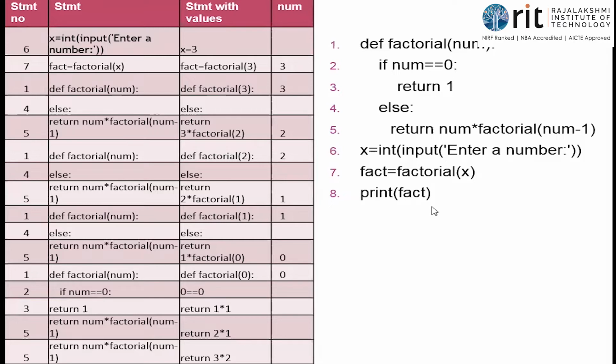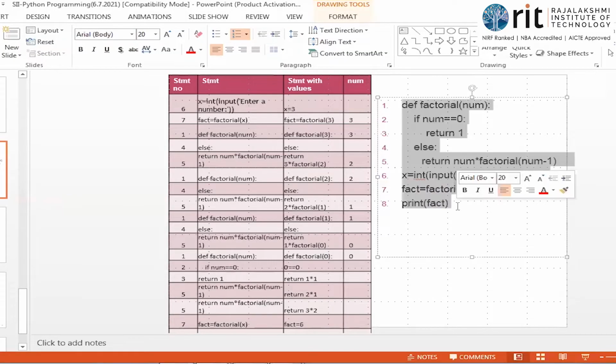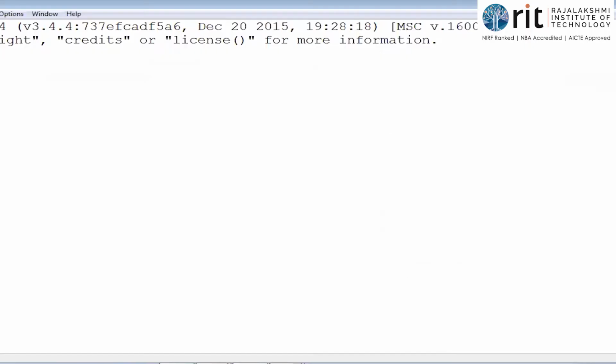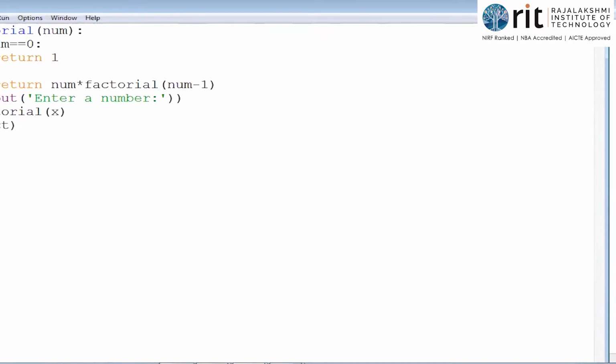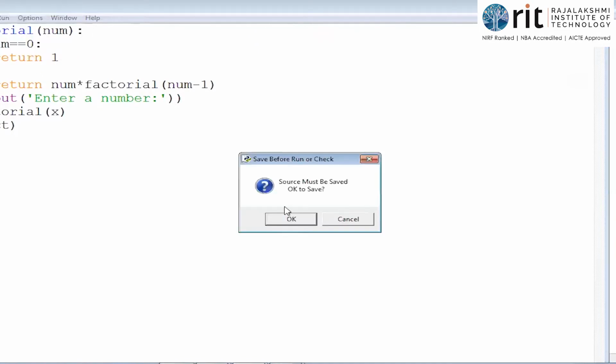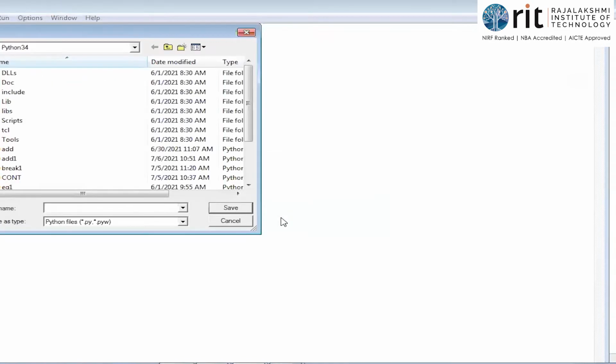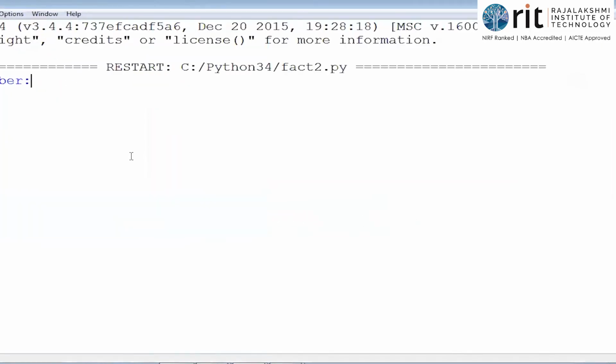Okay, if a function has a return statement, it is called a fruitful function. So you wanted me to explain this with running the code, isn't it? I'll do. You can even change this logic. See, I've written a standard program here. You can change the logic in whichever way you want. See, enter a number 3. 6 is the answer.